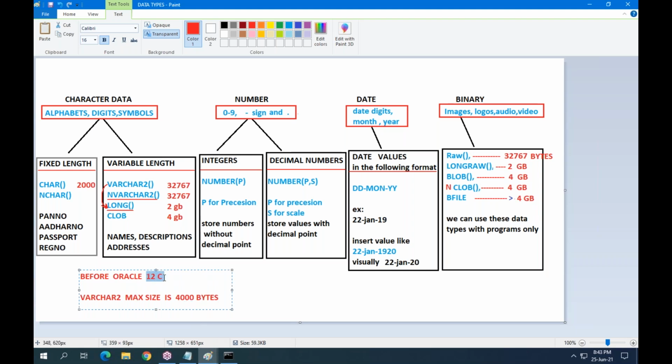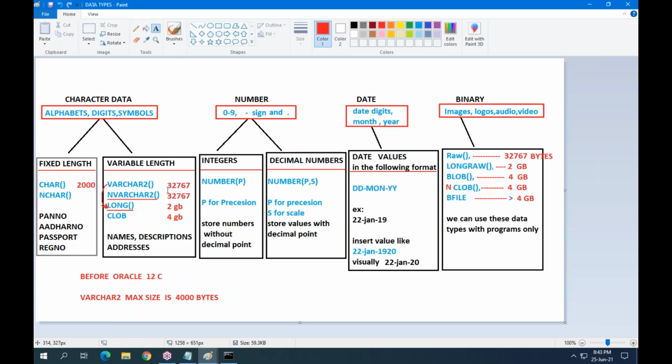From Oracle 12c, the maximum size of varchar2 increased to 32,767 bytes. Before 12c, 4,000 bytes. From 12c, 32,767 bytes.